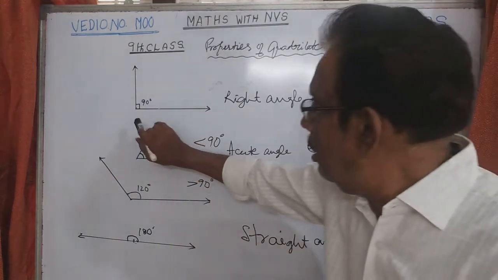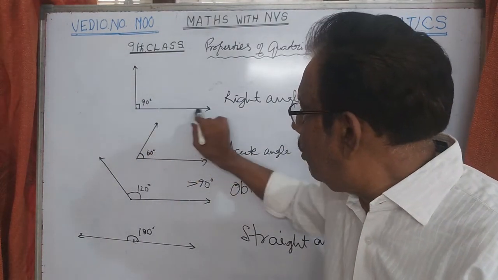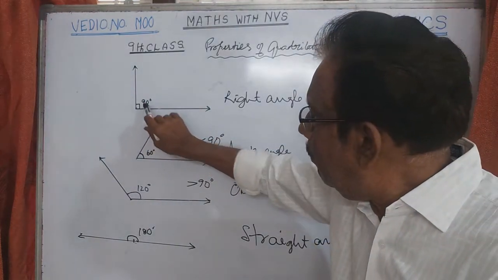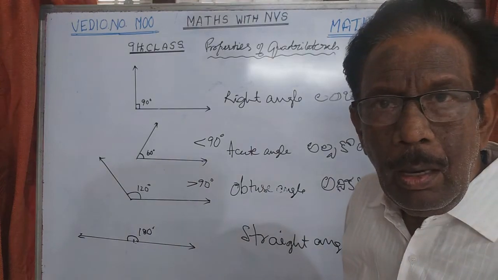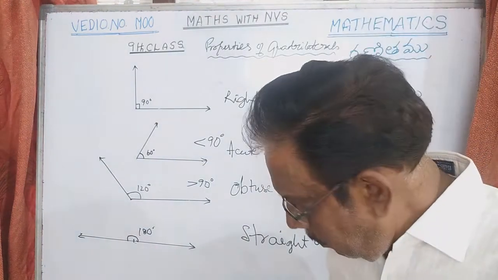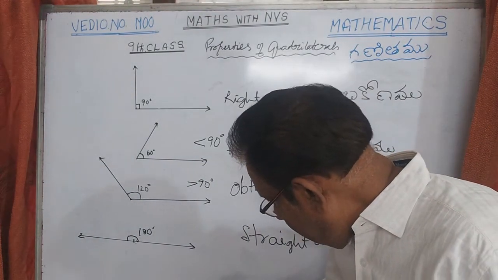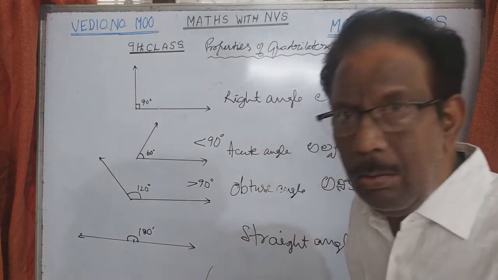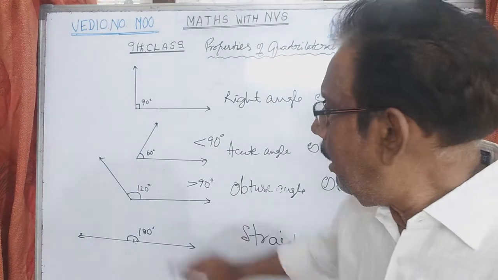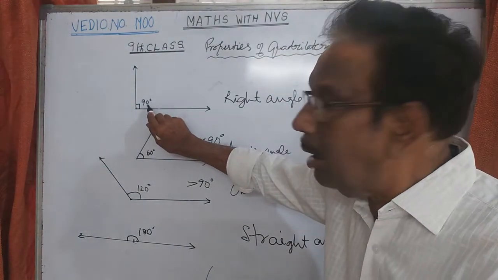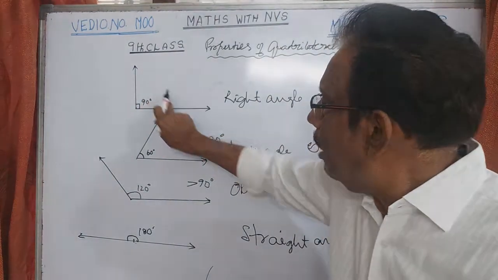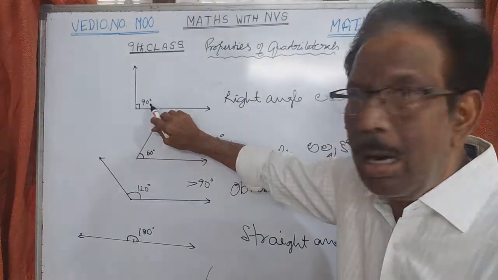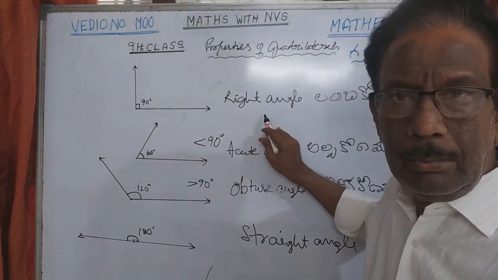Now here you see, at one point there are 2 rays passed, and here we have an angle. Understand? With one point, if you form any two lines like this, we have an angle here. An angle will be formed, and here this angle is exactly 90 degrees. See the sides, it will be understood. You already have learned this previously. This is 90 degrees. It is a right angle.